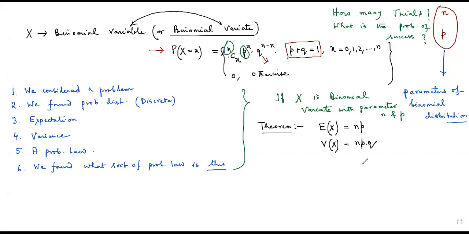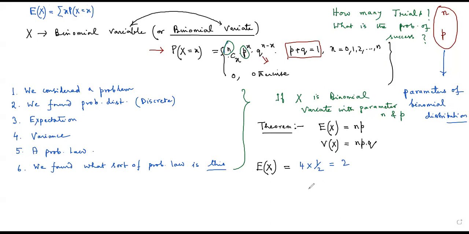Now you see what is the utility of this. We have already calculated for our coin tossing problem the expectation of X. Now if I try to find out the expectation by the given formula, we see that here the number of experiments is 4. Here the probability of success is half. So the expectation is 2. In the previous session, we calculated the expectation manually by using the explicit formula. But now we do not require this.